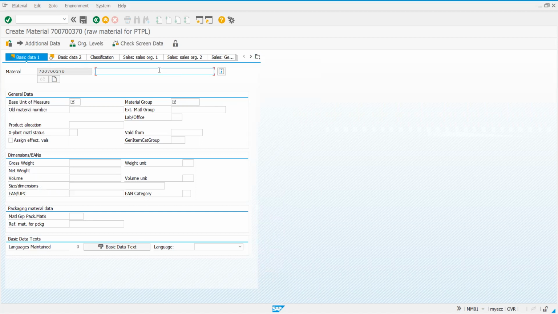So here, material, I'll just name this as PTRM. You can give 40 character length here, including space. PTRM raw material 1. Make a note.